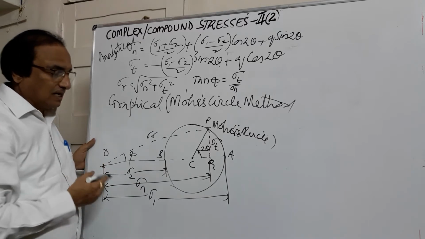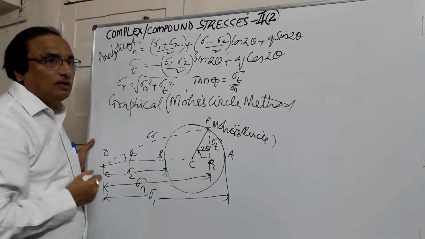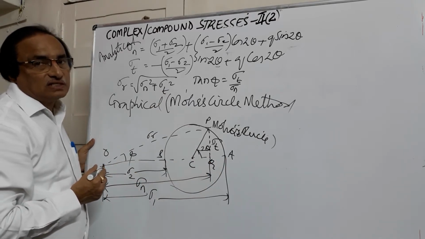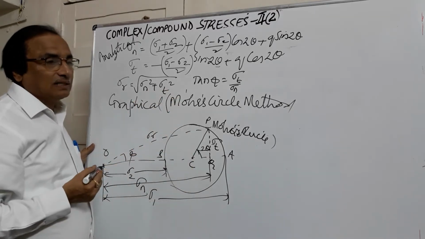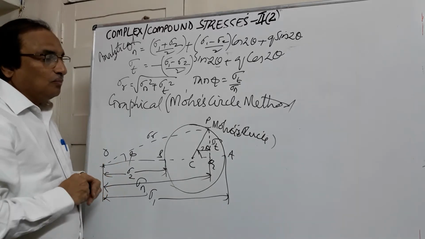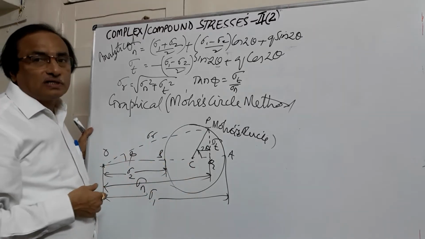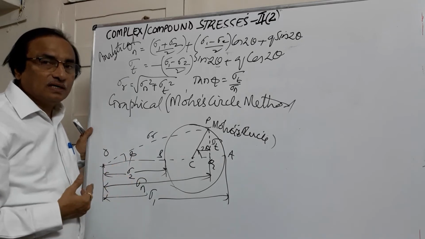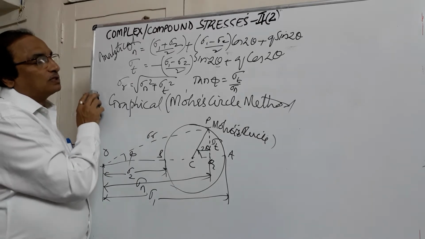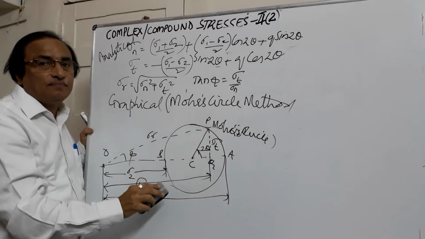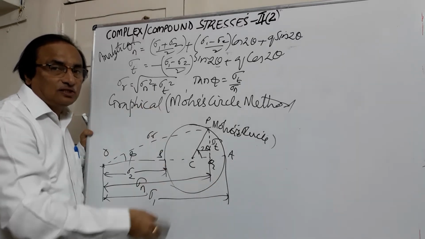In the Mohr circle diagram, we have an abscissa and an ordinate. Along the abscissa we locate the normal stresses, and along the ordinate we locate the tangential stresses. This is the method of drawing the Mohr circle diagram depending upon the type of problem. When we take a problem, we will draw the Mohr circle diagram for that particular problem so that it will be convenient for you to understand how to draw it. So the Mohr circle diagram is a graphical representation of the normal stresses along the abscissa and tangential stresses along the ordinate.